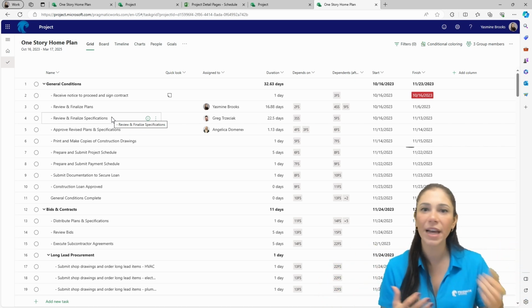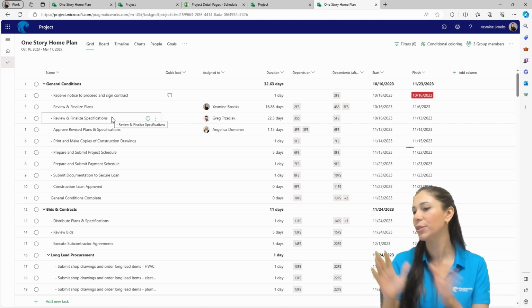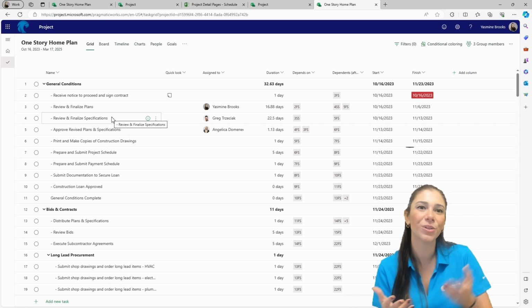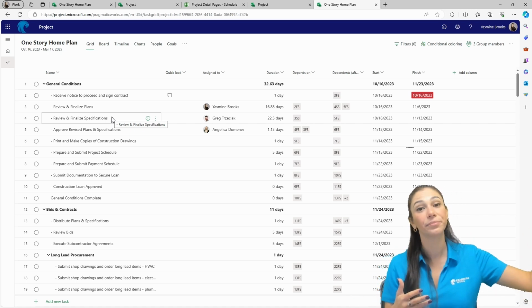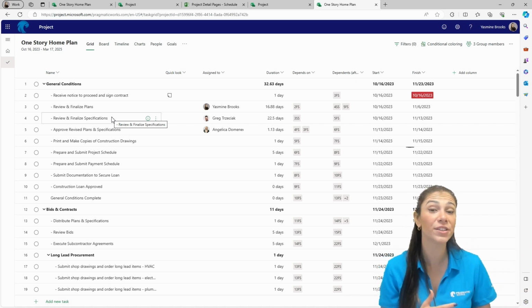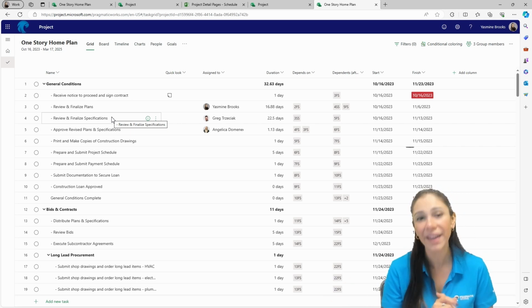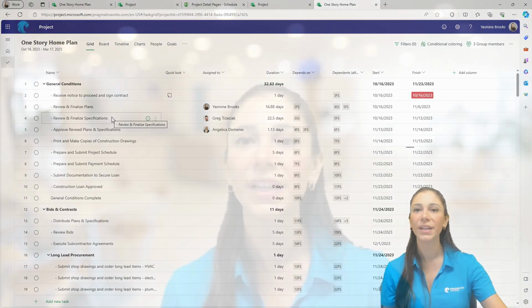because if you're trying to set baselines and track cost, you already know Project for the Web is not for you. If you want something simpler, you also already know that you don't have to go through all the learning curve to learn how to use Project Desktop when everything that you want is available to you here, easy and simple, okay? So I hope this was helpful, and this is going to help you make an informed decision on which tool